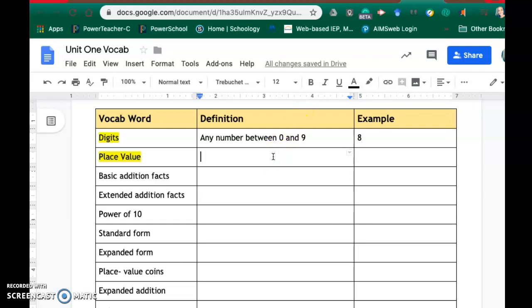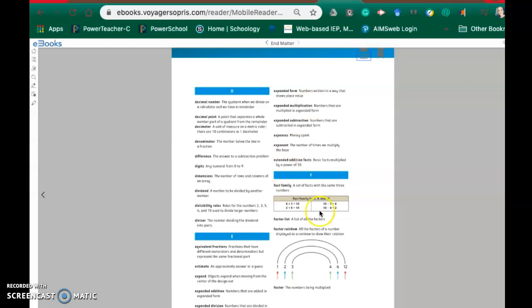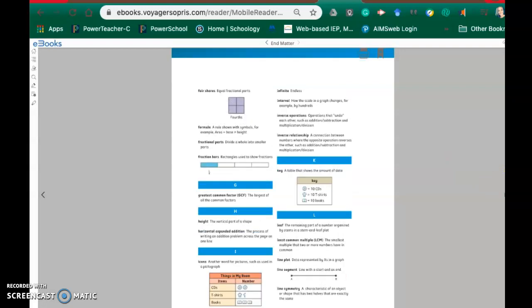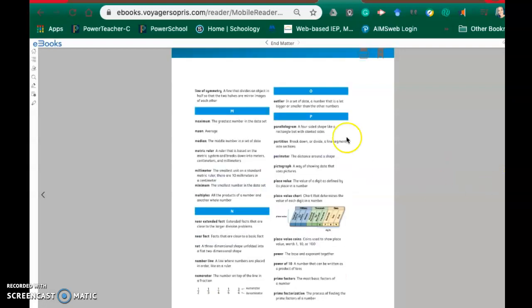So really, you have to have these two rows done, but we're doing them together, so it shouldn't be too bad. I'm going to go back to my textbook, and I know that I am looking at place value. So I'm going to move on to the next thing. Okay, where can I find place value? Ooh, here's P, place value. I look down here, and it says place value: the value of a digit as defined by its place in a number. That definition doesn't really make a ton of sense to me,